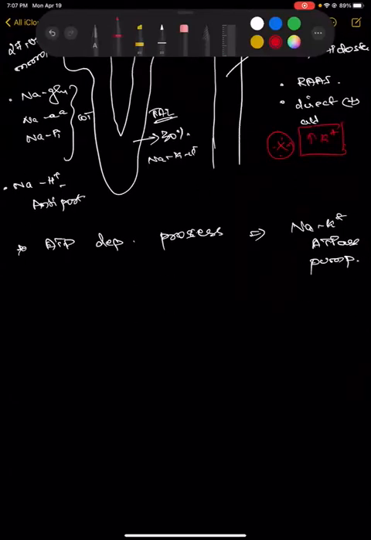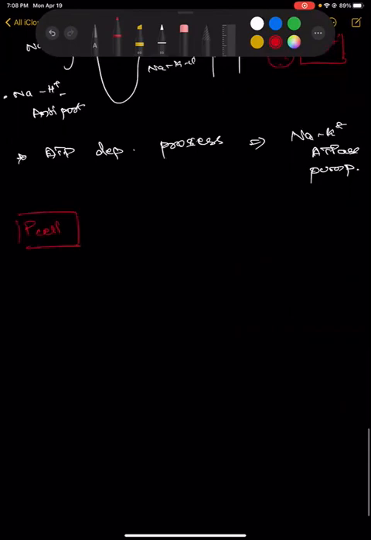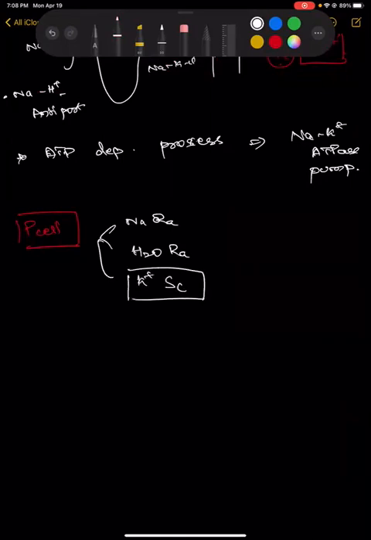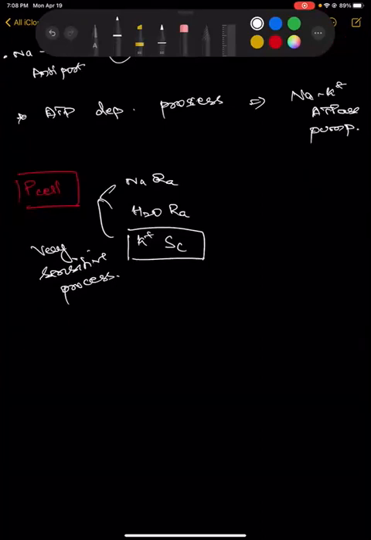Since we think that aldosterone is responsible for sodium water retention, those are the solutes which are going to affect aldosterone secretion. But apparently it is the potassium which plays a major role, because the function of the principal cells are sodium reabsorption, water reabsorption, and potassium secretion. And this is a very sensitive process. So even a slight raise in potassium values tends to activate the P cells via the aldosterone.